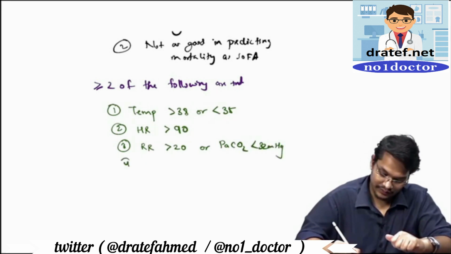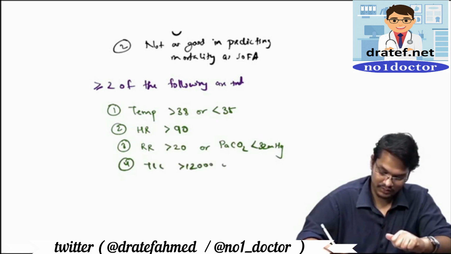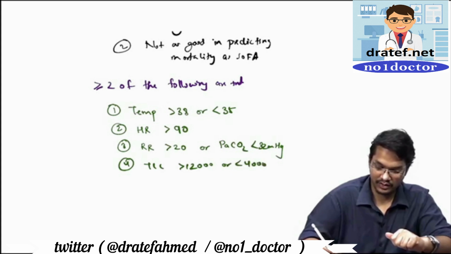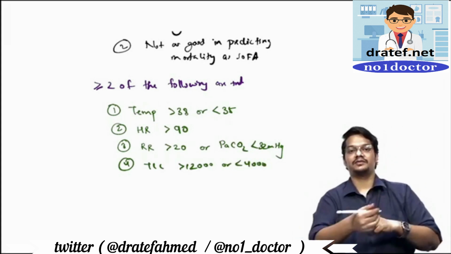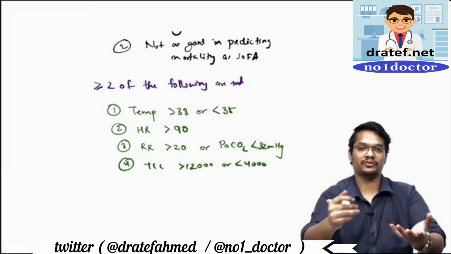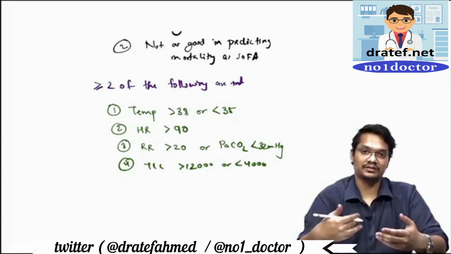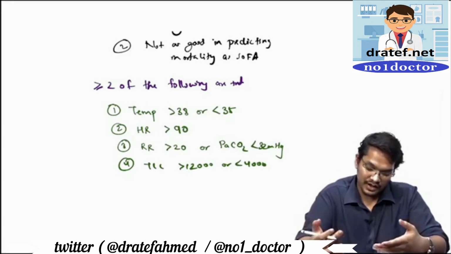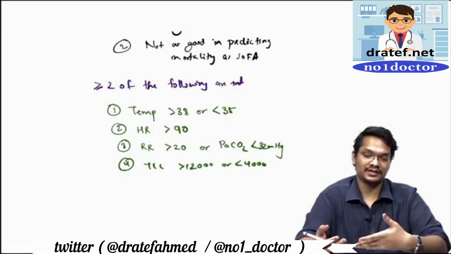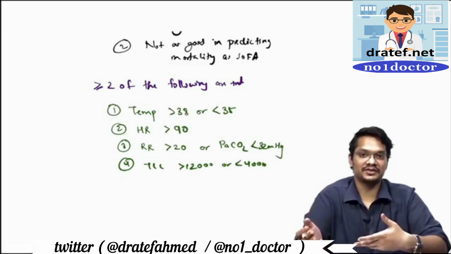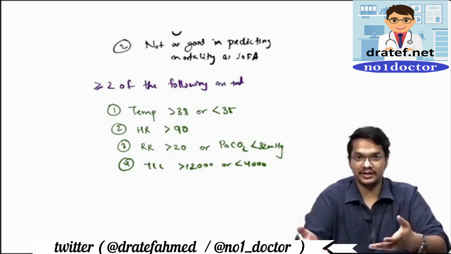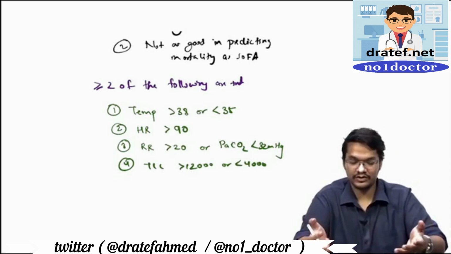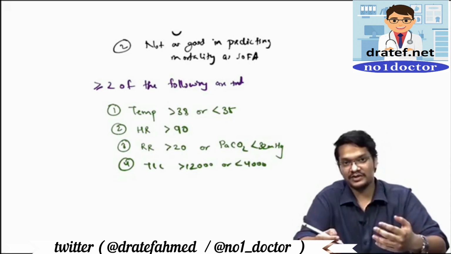Okay, and the fourth thing is TLC more than 12,000 or less than 4,000. I'll give an example why these criteria are not good for predicting a patient response. It means why we can't use these 4 criteria as a predictor of developing sepsis or a predictor of developing mortality. Why SIRS is not a good concept nowadays is because, for example, it is a patient of